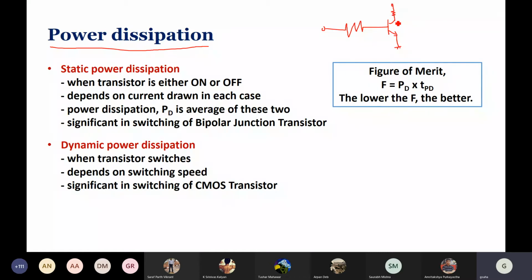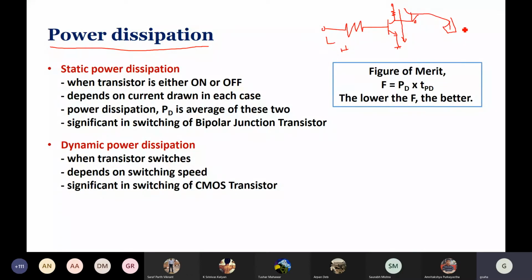So you can see, even if no load is connected, when the input is low, this is high, and no current is flowing. But when it is high, this is low, and a significant amount of current flows, right? And if a load is connected, then even if it is low, some current will be flowing, and we had done some calculation accordingly, power consumption, etc. Right?